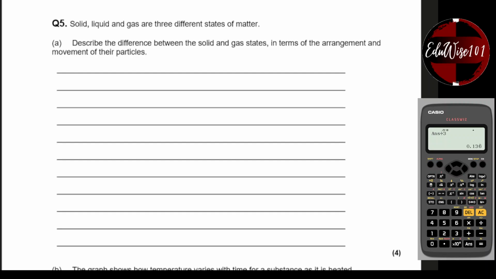Question 5. Solids, liquids, and gases are 3 different states of matter. Describe the difference between solid and gas states. Now they are not asking about liquids, so there's no point in writing about liquids. So they want to know, describe the difference between the solid and gas states in terms of arrangement and movement of particles. So in terms of arrangement,